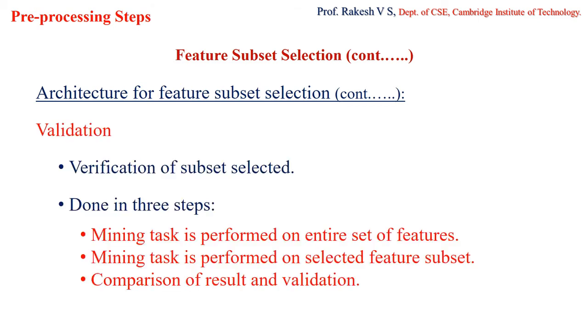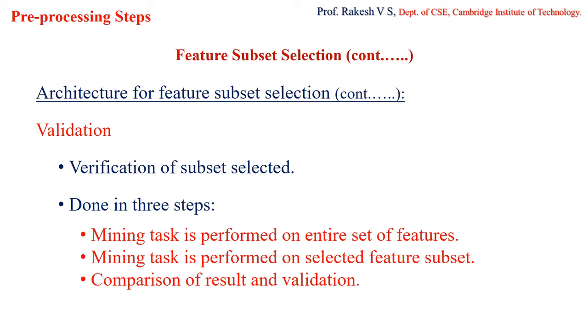Okay, so here what we do is first we perform the actual data mining task with respect to all the features that are available. So we will be getting a particular result, and then we will perform the data mining task for the various selected subsets, considering one subset at a time, and then we'll be performing the same analysis. Now we will be comparing the original result with the test result and see which subset is yielding the closer result. So that subset will be considered for feature analysis. So hope this validation is clear.